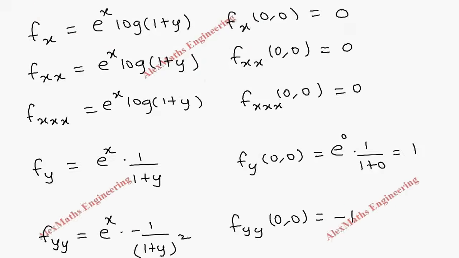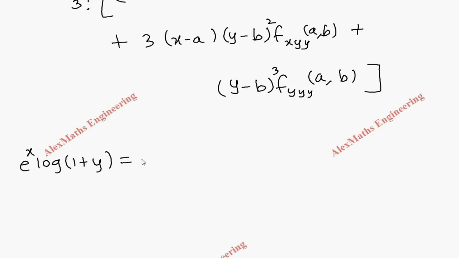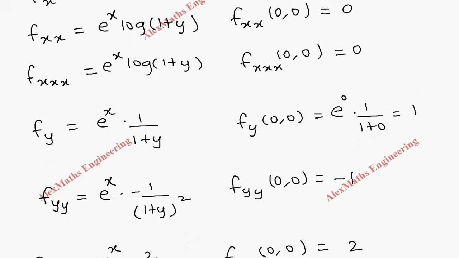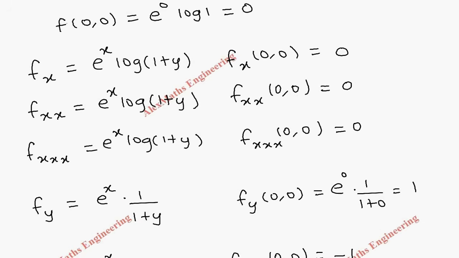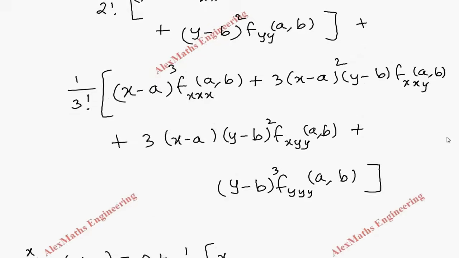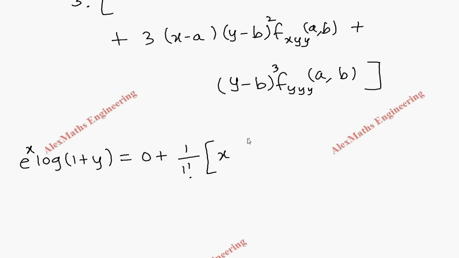So the first term is 0. Then plus 1 by 1 factorial, x minus a is x, and fx value here is 0, and fy is 1. So this is 0,